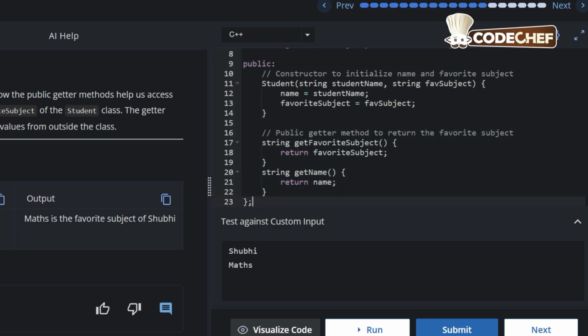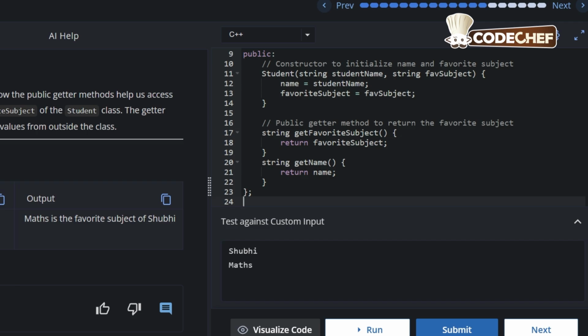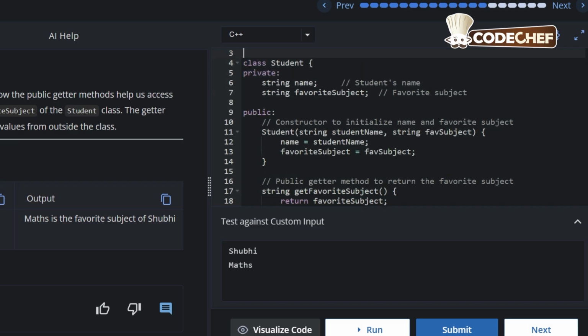Then we have another method here, string getFavoriteSubject(), with curly braces, return favoriteSubject;. Similarly, string getName(), return name;, closing the getName method, then closing the class with a semicolon. So these are two getter methods that we are using to access the value of private data members, which are